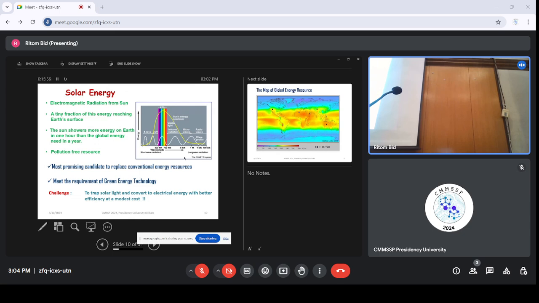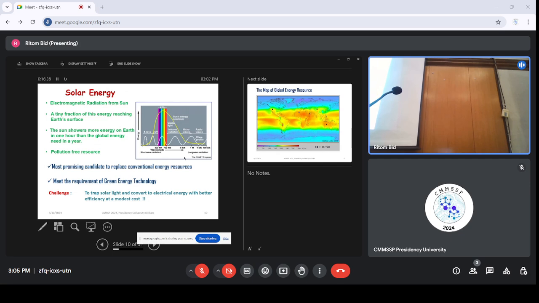Mostly the visible light. This is the energy spectrum, the solar energy spectrum. Now, if we are able to convert a very tiny fraction of the solar energy we have on the Earth's surface, that is actually sufficient to meet the requirement of the global energy needs. So that is the possibility of solar energies. Okay, and the sun showers more energy on Earth in 1 hour than the global energy need in a year. And solar energy is the most reliable resource of renewable energies on the Earth that we can say,